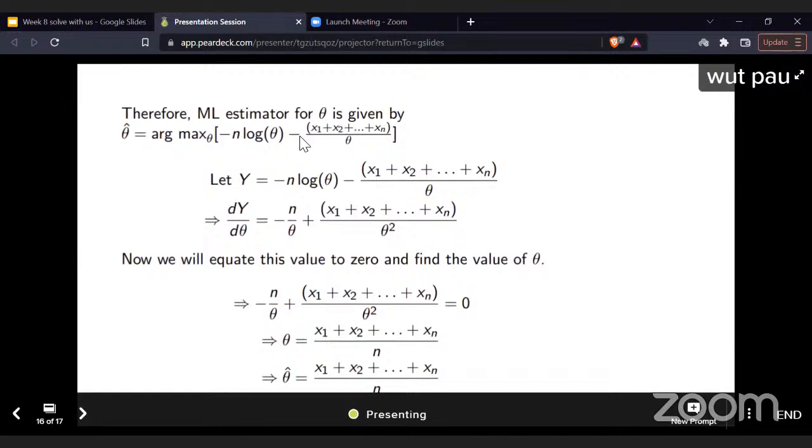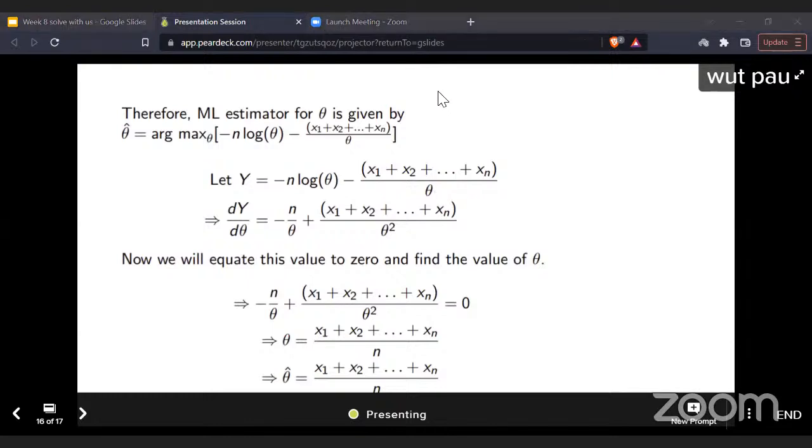One by lambda. Sorry, 1 by? Anyone, do you remember what it comes out to be? N by sum. Yes. So when it is exponential distribution with the parameter lambda, and you had to find the